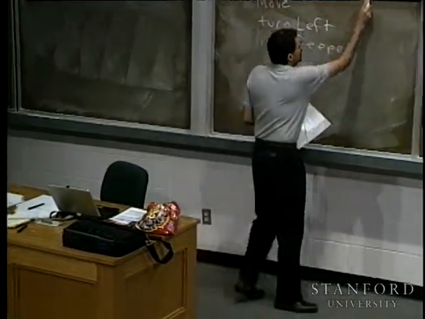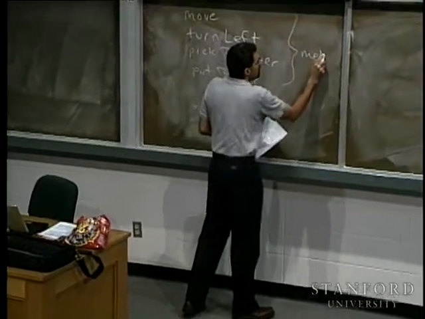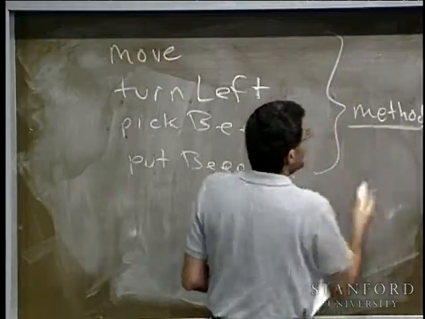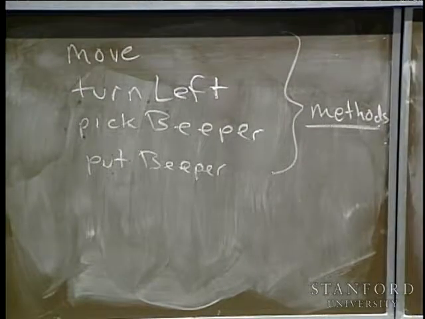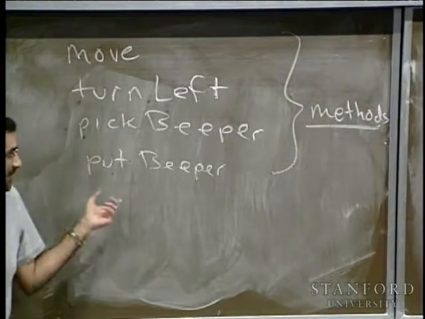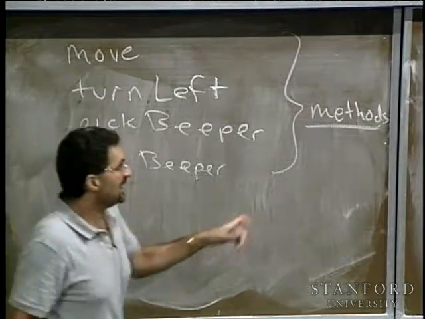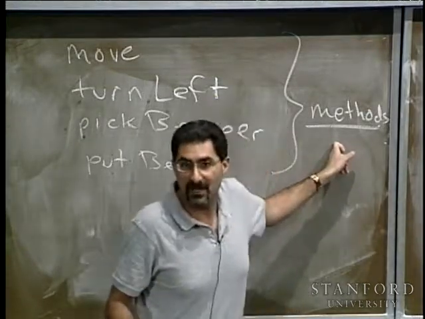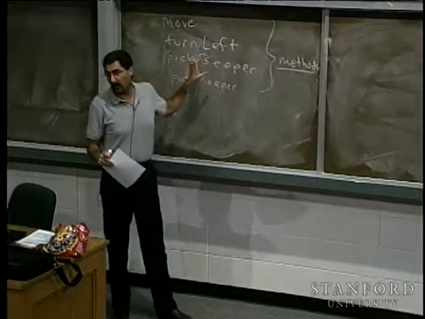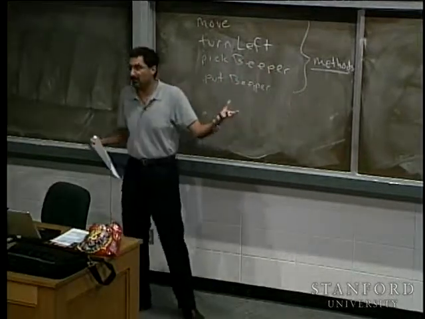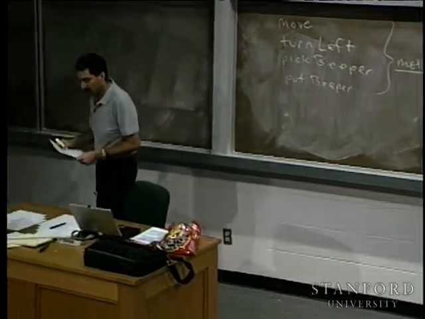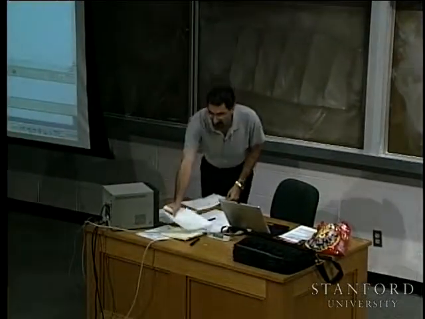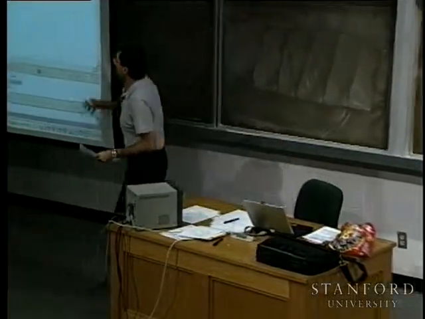And these things are what we refer to as methods. Okay? Methods are basically some instruction that we can call, or use, like move or turn left or pick beeper or put beeper. And what we say is Carol responds to this method. What we're doing is we're invoking or we're calling a particular method on Carol, and he takes some action, which is basically what that method specifies to do. Okay? So if we kind of think about this world,